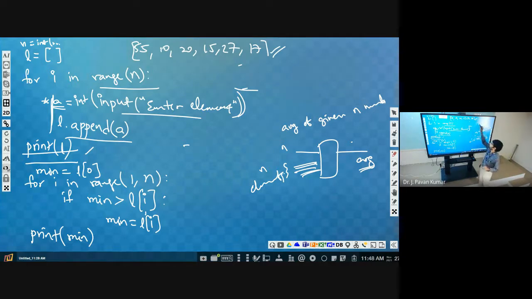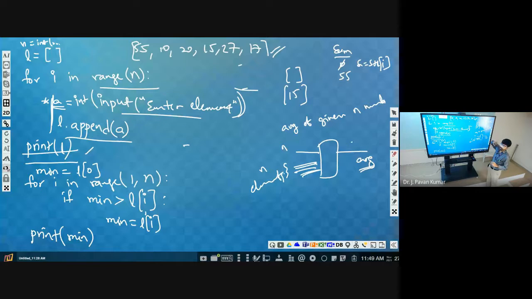Let us say we are having this as the list. What is the sum? Initially 0. We are having it like this. Then what is the sum? We have to add every time, right? So initially the sum is 0. Next, we have to take one element at a time and add it to sum. Sum is equal to sum plus L of I. That will be more appropriate.